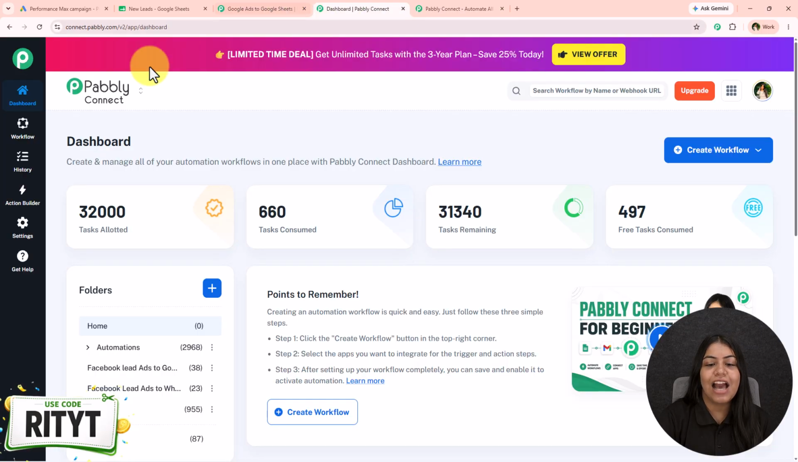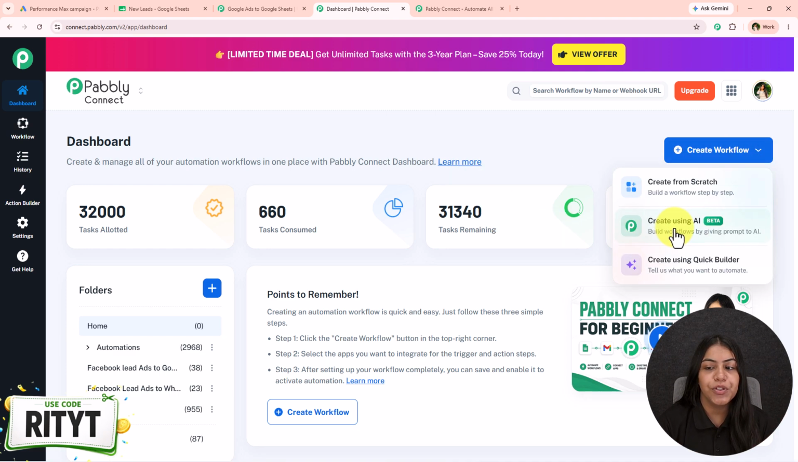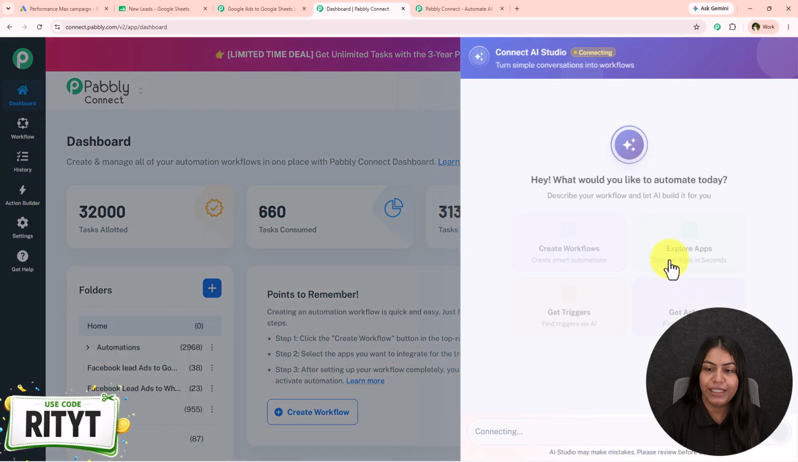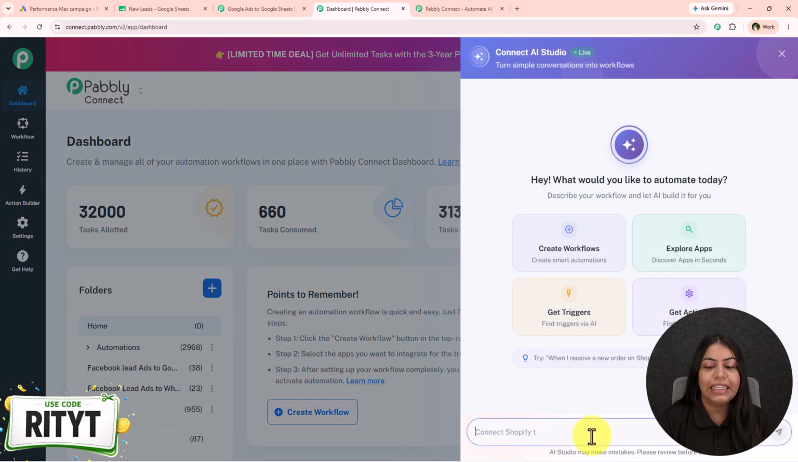Okay, so now let's see how to create this amazing automation. For that, you just have to log in inside Pabbly Connect and come on your dashboard. Now you have to click on this create workflow button, and then we're going to use this create using quick builder. Now we just have to enter the details. Okay, so let's say I want to add the lead details in my spreadsheet. So I'm just going to type add lead details in sheets,